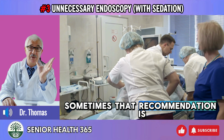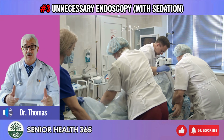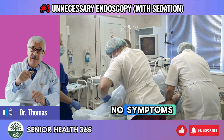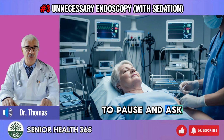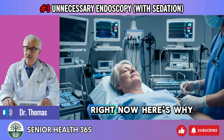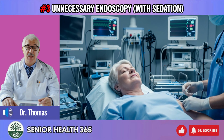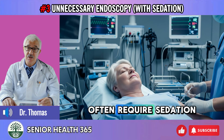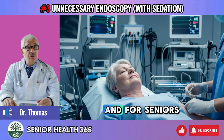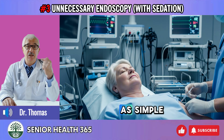Sometimes that recommendation is absolutely appropriate, but in many cases, especially when there are no symptoms, it may be time to pause and ask whether it's truly necessary right now. Here's why. Endoscopies, especially colonoscopies, often require sedation, and for seniors, that sedation isn't always as simple or as safe